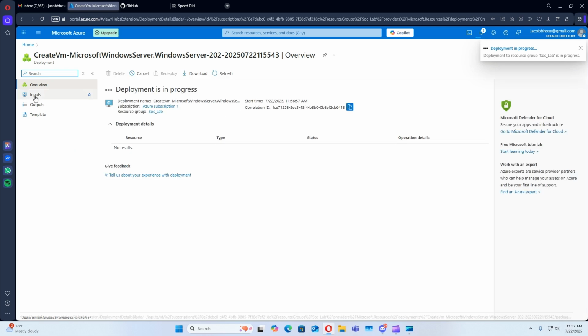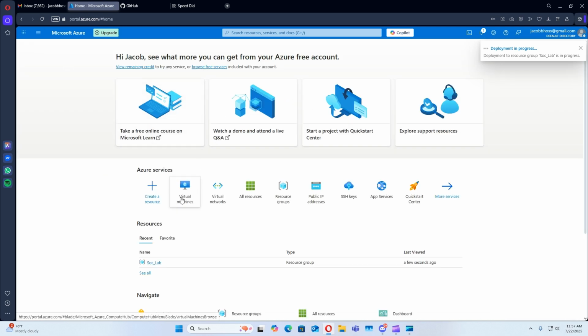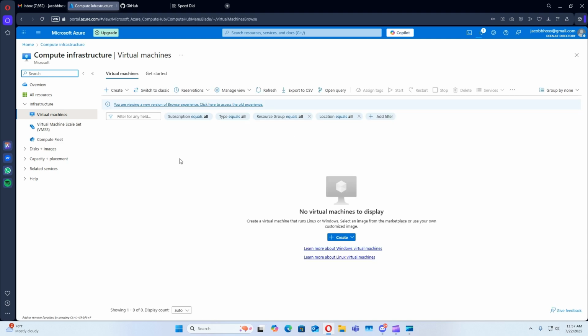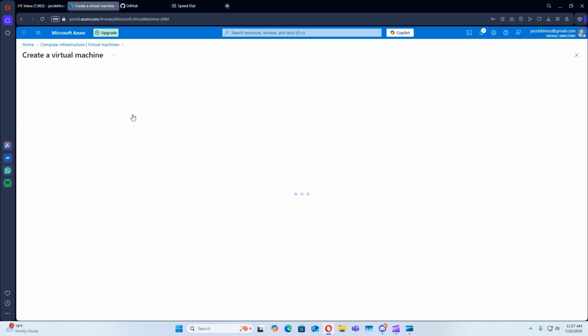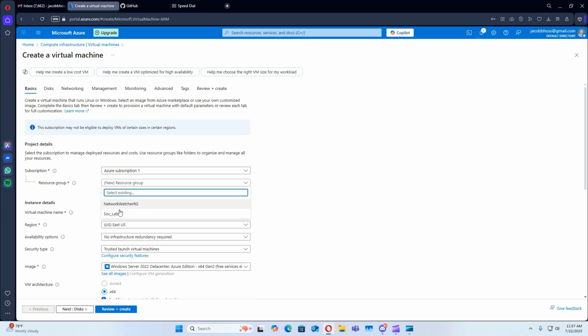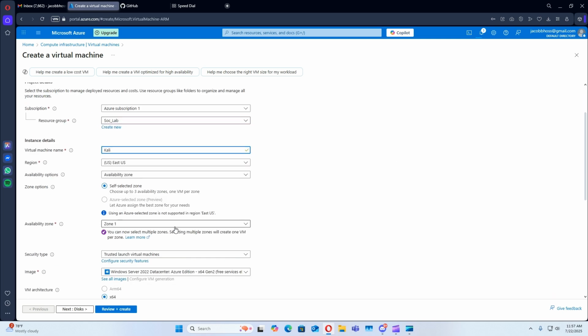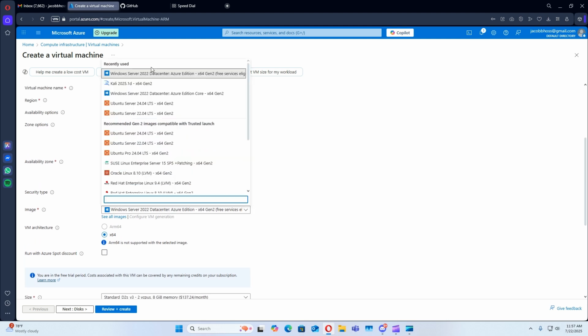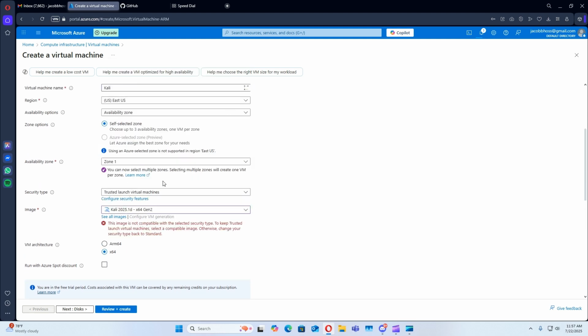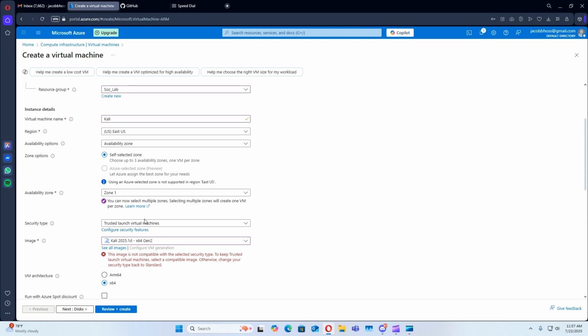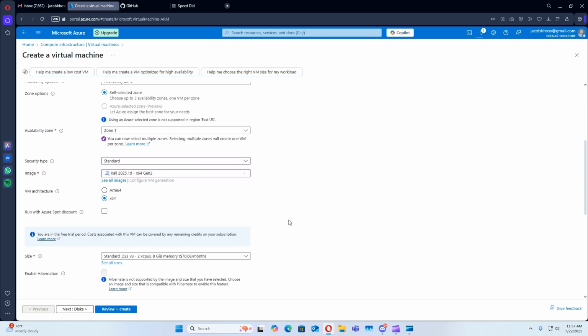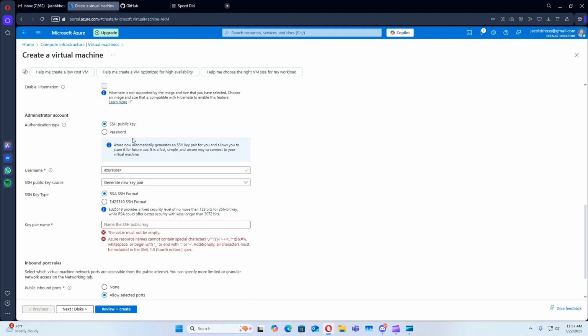All right. Now for our next virtual machine, we will do our Kali box. Kali for the name. And for this specific image, we will need to do the standard level of security. And we'll be using an SSH key to connect. So first let's create a username,